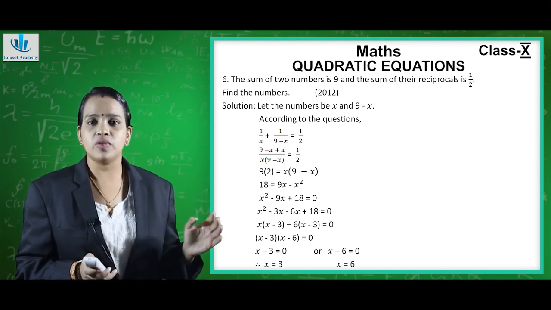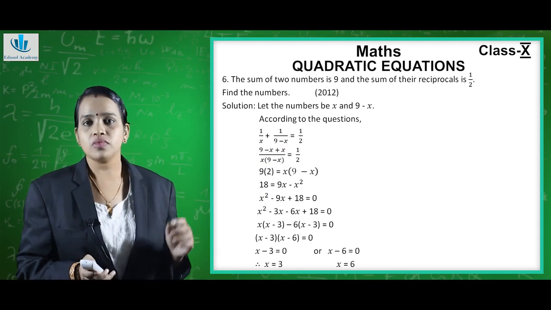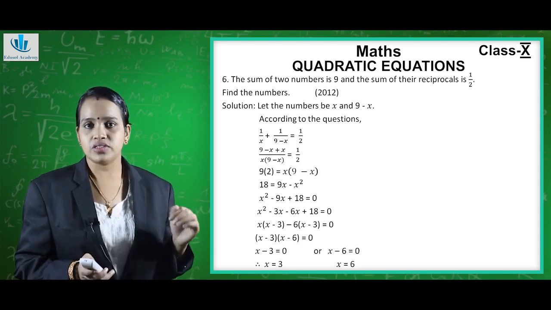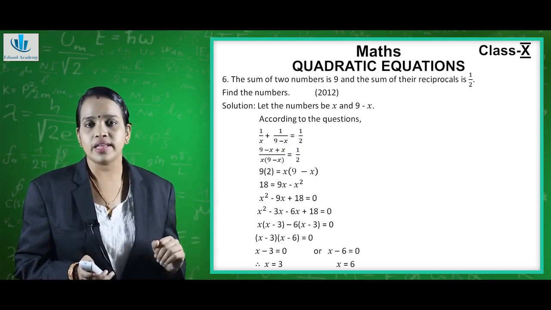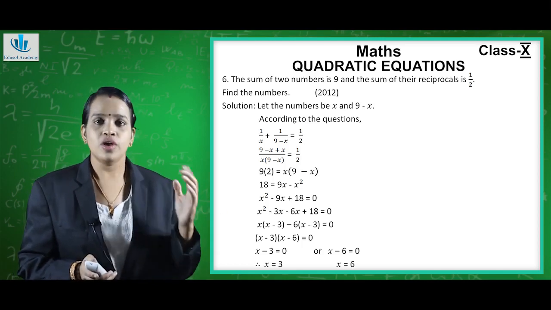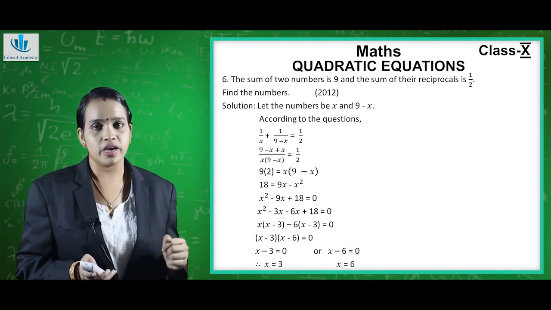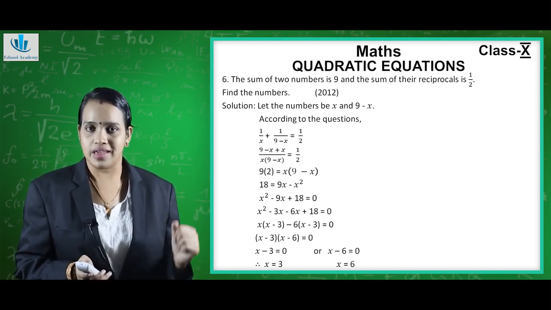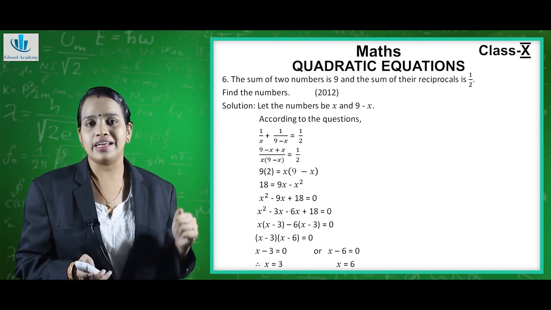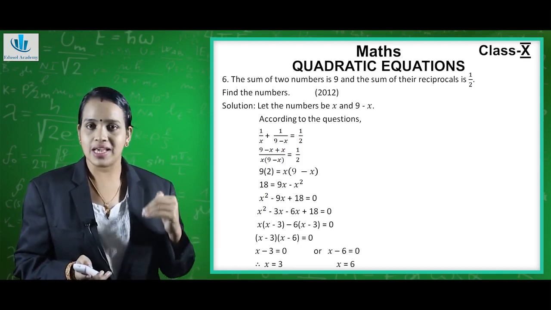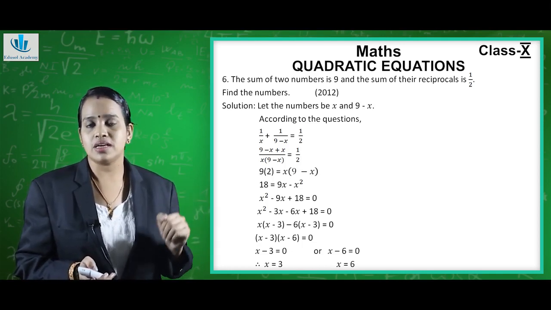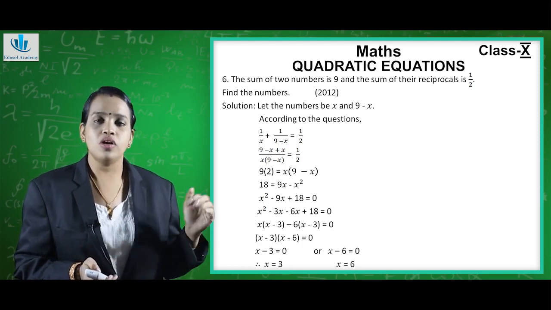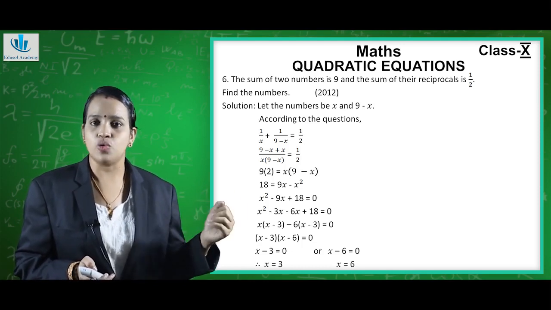So we will take all the terms on one side. So x raised to 2 minus x raised to 2, it becomes x raised to 2, plus 9x, it becomes minus 9x, plus 18 equal to 0. Now here we can split the middle term. So it becomes x raised to 2 minus 3x minus 6x plus 18 equal to 0. Here we can take x as common. So it becomes x into what remains, x minus 3, minus, here we can take 6 common. So it becomes 6 into what remains, x minus 3, which is equal to 0.